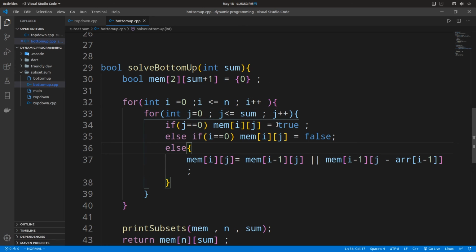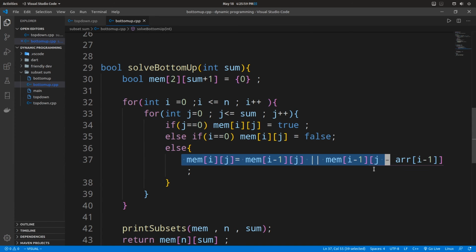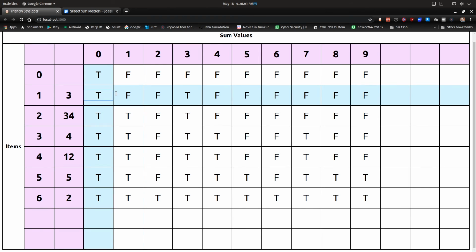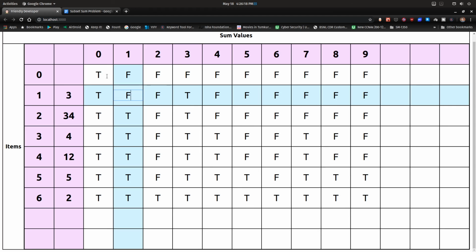Okay, so once the first row is taken care of, we move to the second row where this instruction gets executed. When we are at the second row, we can do i minus 1 and look at the previous row, or since we only have two arrays, we can do (i plus 1) modulus 2, which will again go back to the first row.